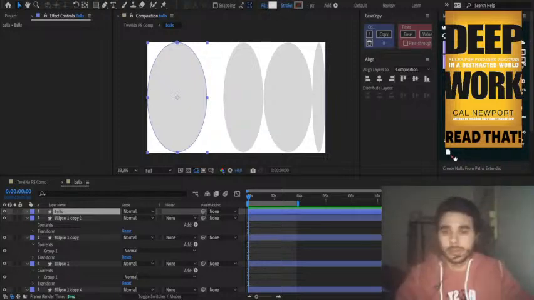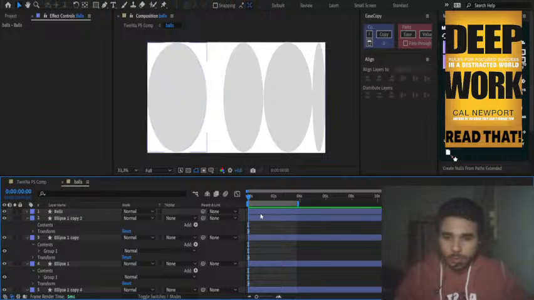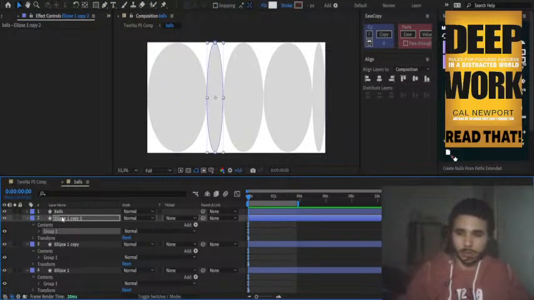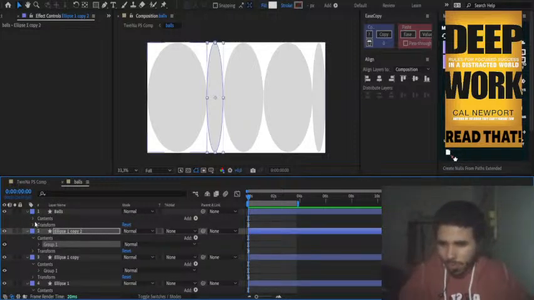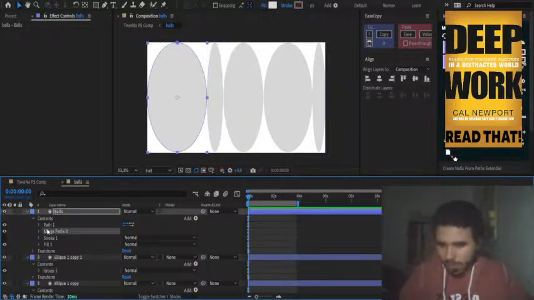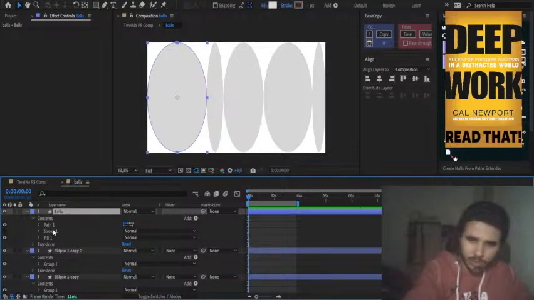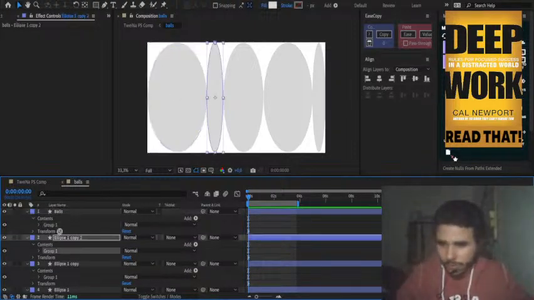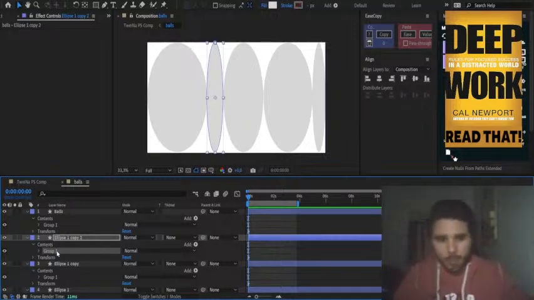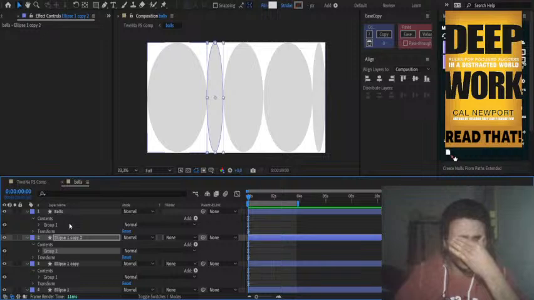Let's do this. I copy this. I cut it. So let's just copy. Why can't I just like take it, you know? Why is that so hard to do, man? Stroke. I don't need no stroke. Let me put this in here, man. There. It's another name now. Okay. How do we merge? Oh, shape layers. Okay, okay, look.